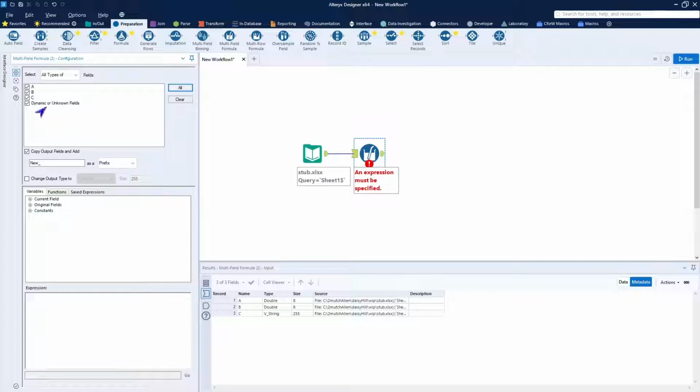So anything coming in, remember that dynamic or unknown fields is great for a macro. I do not want to copy the fields to the output. I want to change the output data type. This is a cool place to do this. So for every column coming in, I'm going to change it to a text of 2000 just to make sure we're clean. And my expression is going to be very simple. All I want to do is just simply copy in the current field. Double clicking on that puts in the designation for the